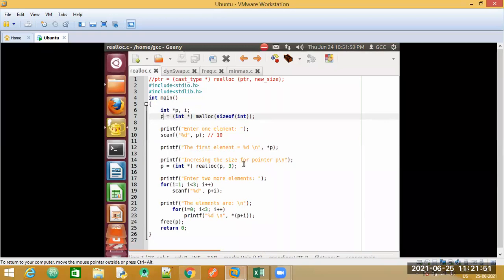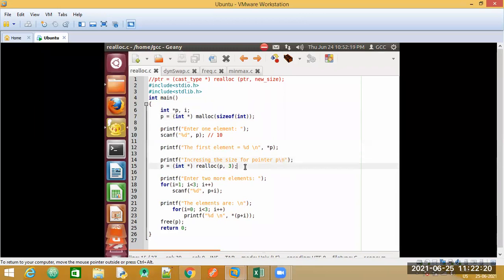What I want is to increase the size of the pointer variable which was previously allocated, so I can make use of the realloc function. This printf statement at line number 14 is just an indication to the user that we are trying to increase the size of our memory location.